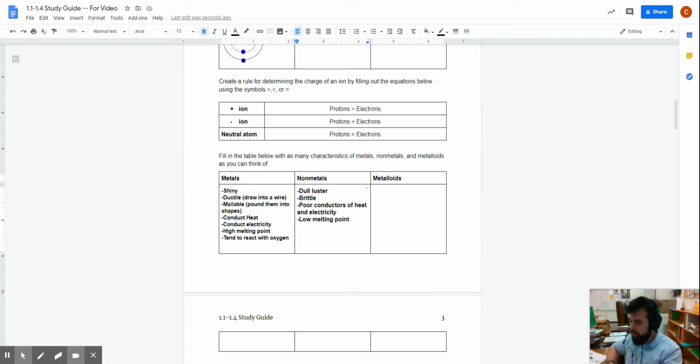Now let's move on to the metalloids. Metalloids tend to be shiny or dull. They're decent conductors. You might even call them semiconductors. Semiconductors. Whoops, let me add that. Bam. All right, and they tend to have